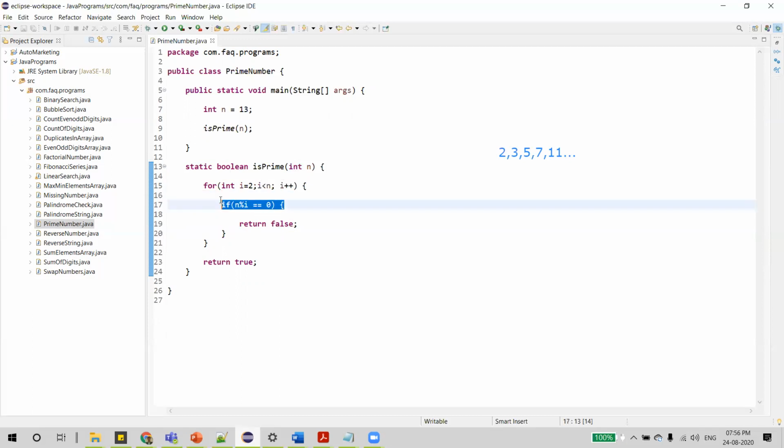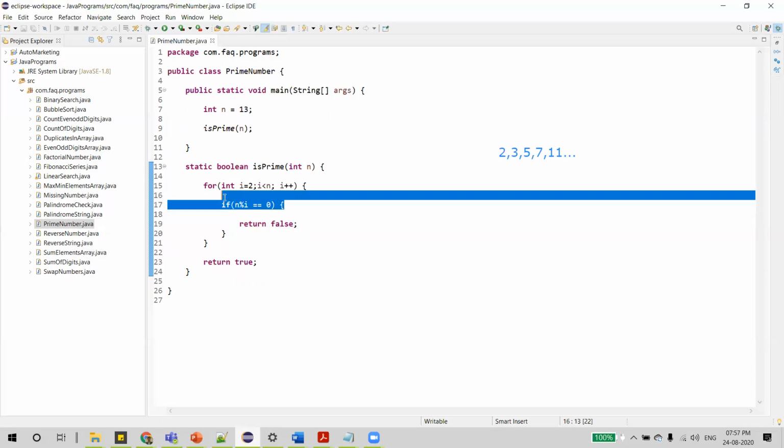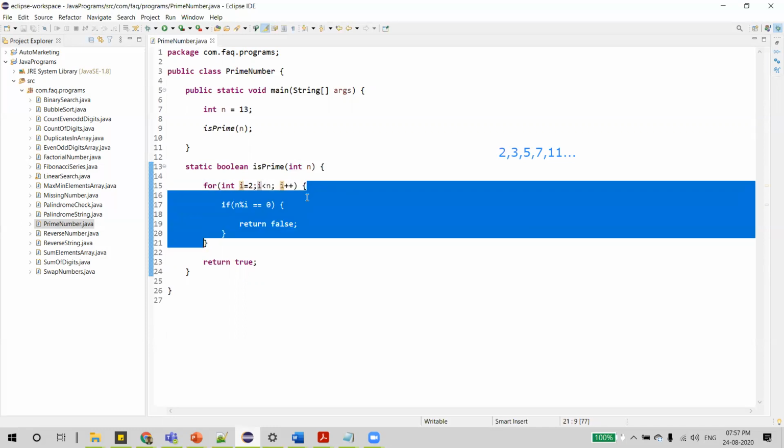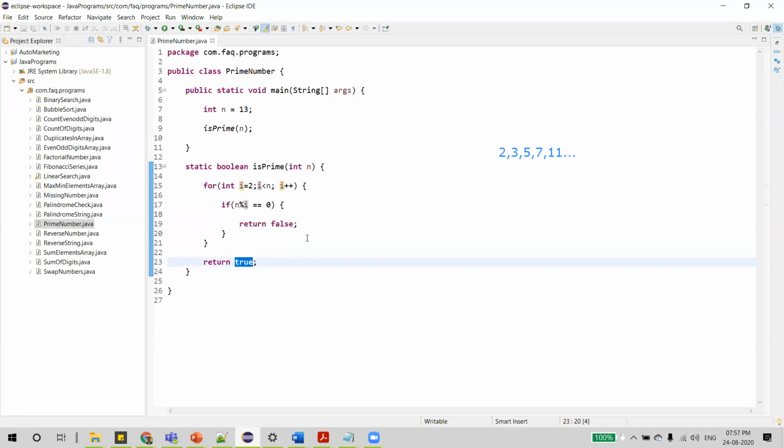So this condition will be false. With 4 it will be false, with 5 also it will fail. Likewise, it will continue till i becomes 12. Even 12 can't divide 13, so we'll get a remainder that is not 0. So it will never enter the if condition, the for loop ends, and finally it returns true.